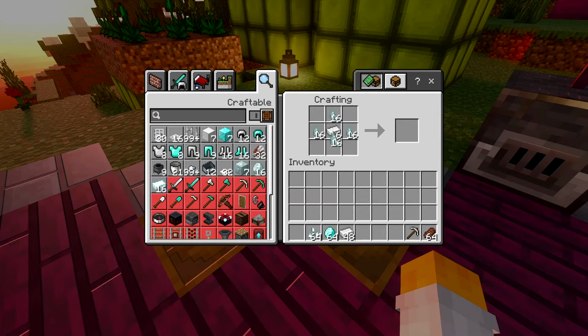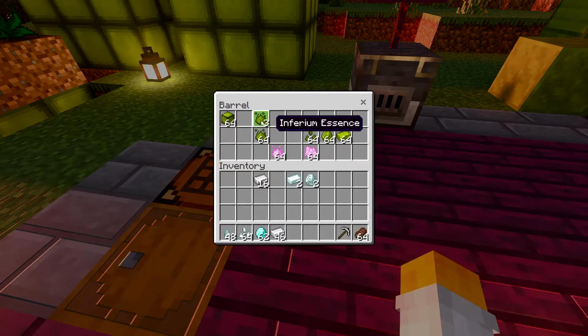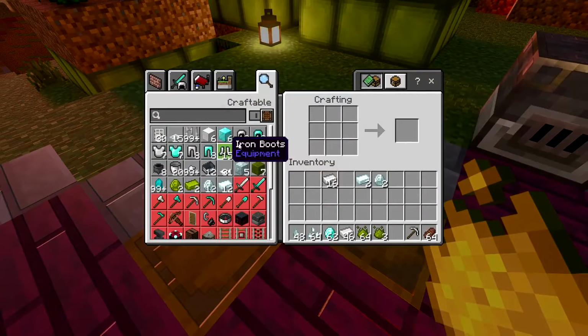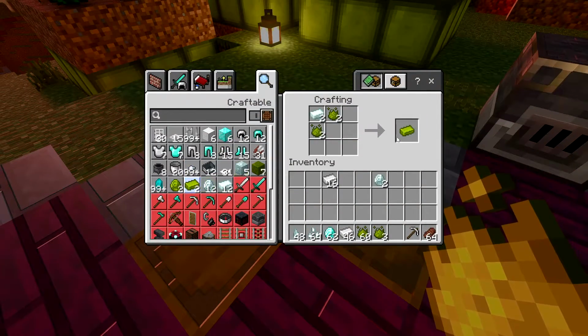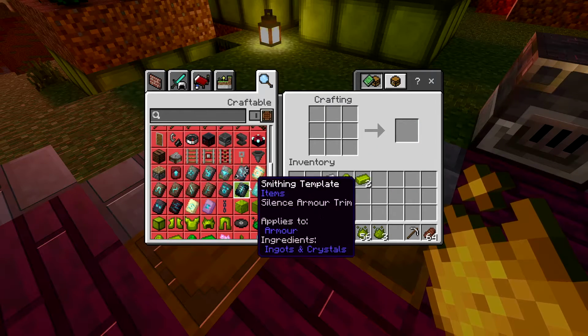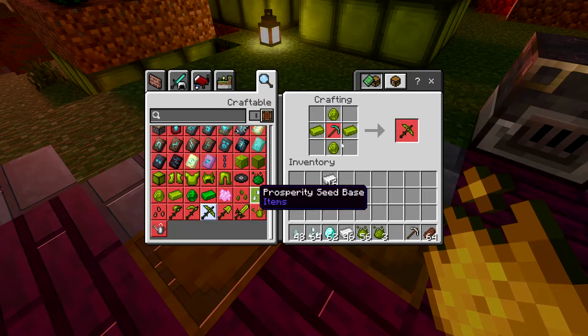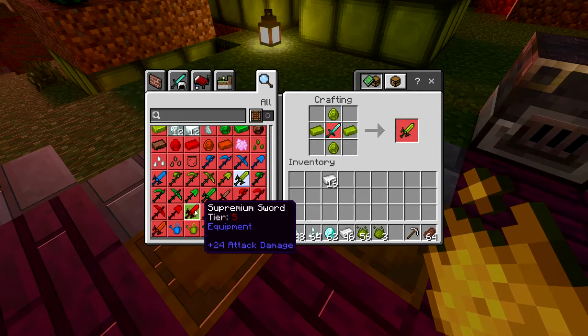So it is, of course, expensive. And these are basically a base layer for making essence tools. What you need to do is just place 2 essence next to the gemstones and ingots, and getting enough, you can actually upgrade your diamond tools into inferium tools. They are just slightly better than diamond, they have more durability, attack damage, mining speed, all the way up to